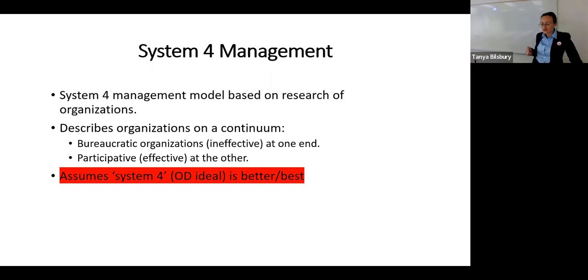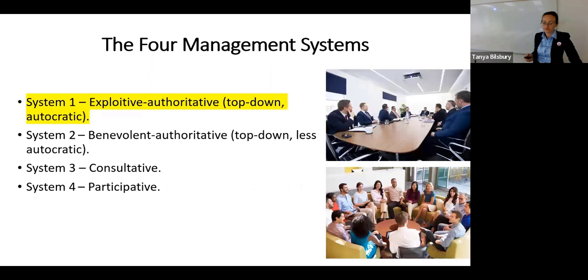It frames bureaucratic organization as ineffective and puts them on the bottom. That's system 1. And then it puts your OD ideal of that really participative, collaborative, flat organization at the top. We're going to code that as a 4. So system 1 is kind of what I was showing you in organization B. That's what I called it. They actually flipped it around and had it differently in the figure, but we talked about that organization in the first classes. And that would be your, assuming that's not a very nice boss, your exploitative,